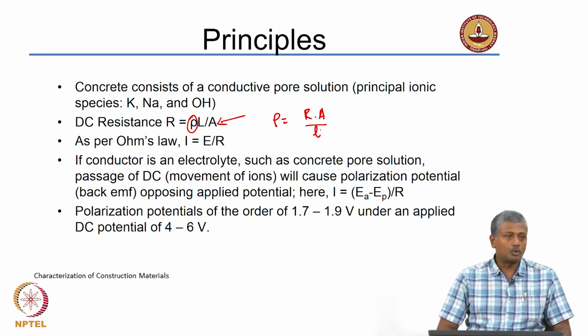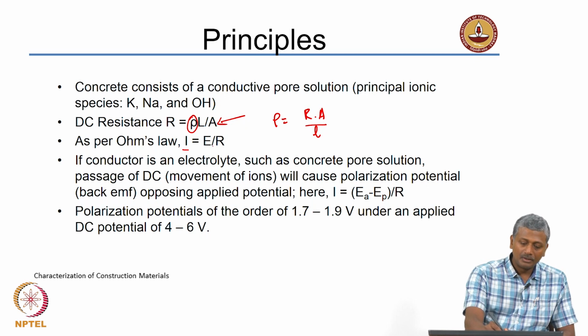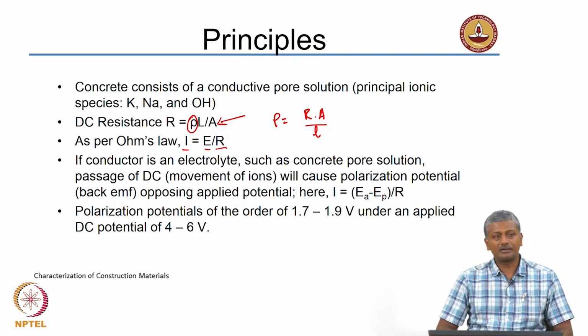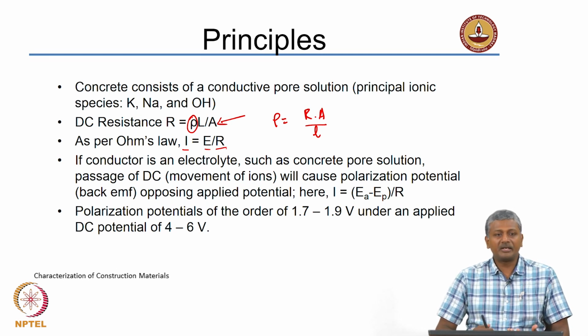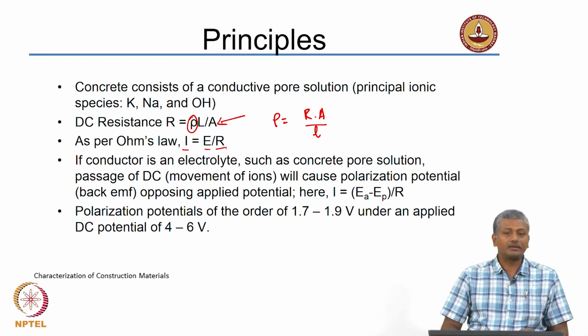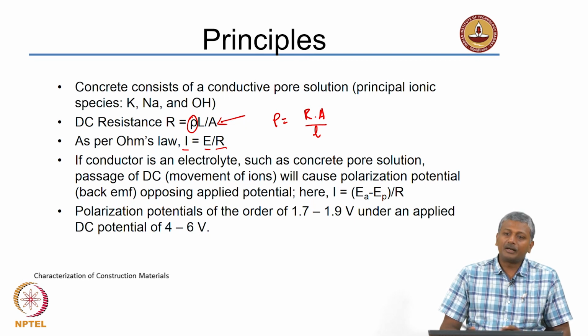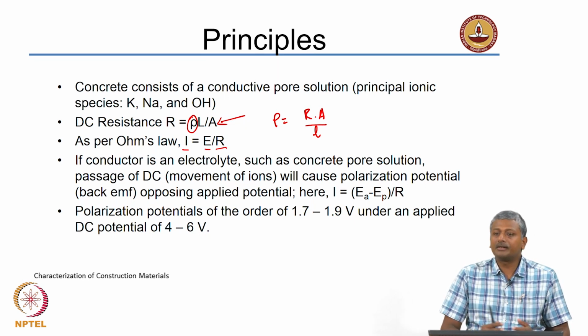Now, you know very well about Ohm's law, which relates the current to the potential difference and the resistance, right. So, current is equal to potential difference divided by the resistance. Now, what happens is if you have the material, if it is an electrolyte, the material that is conducting, if it happens to be an electrolyte like the pore solution in concrete, you may actually have some sort of a polarization effect. That means you will have charges building up on either side and not really distributed evenly through the